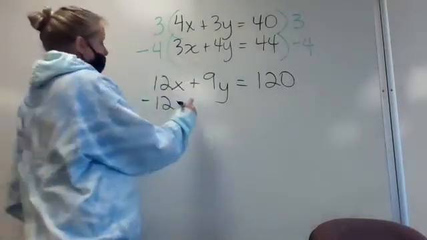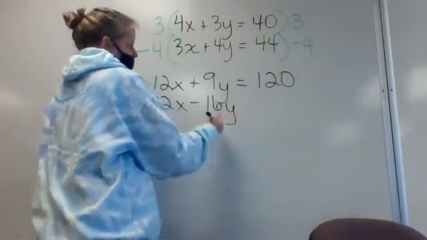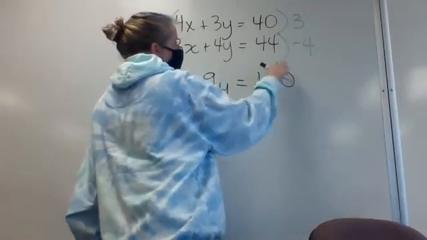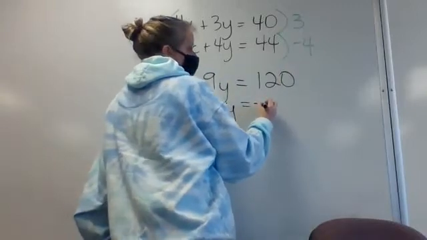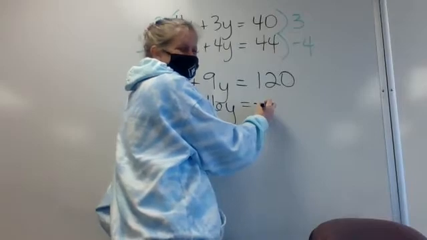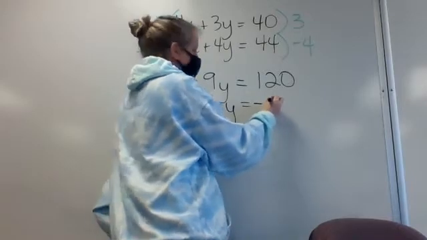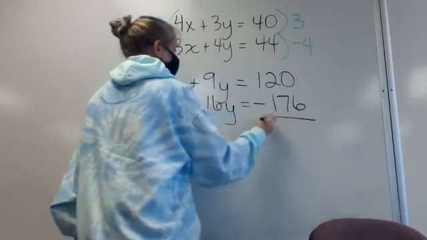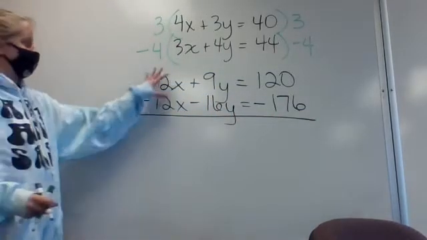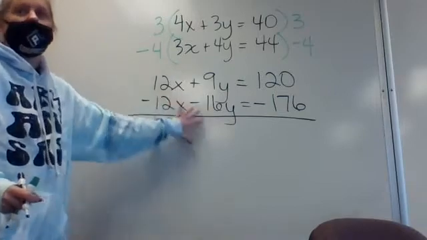Negative 4 times positive 4y gives me negative 16y, equals negative 4 times 44, which is negative 176. So now I can add the two equations together